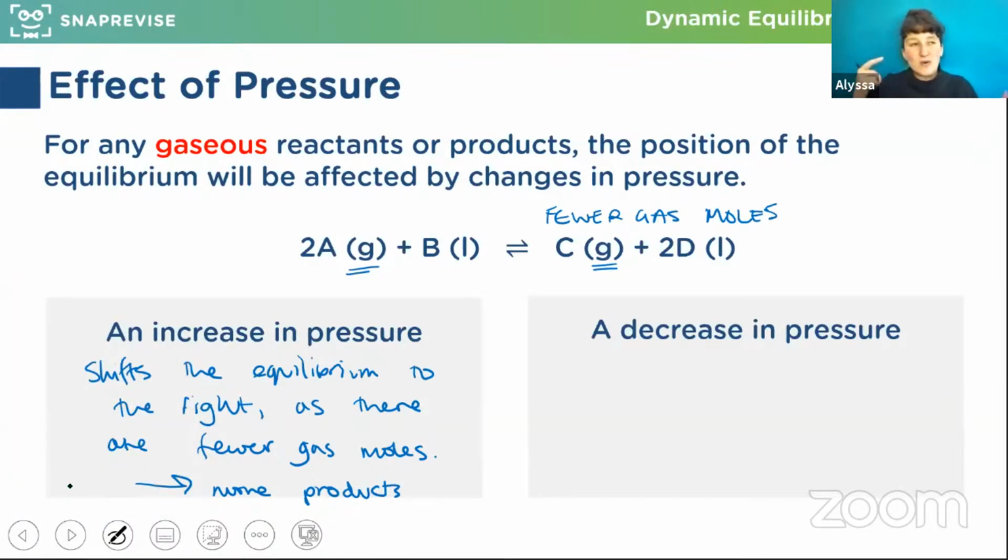So I always find a way that you understand it. In my case, it's increasing the pressure. I understand that one. So when I'm doing the opposite, I just have to think the opposite. So if I'm decreasing the pressure, instead of going for the fewer gas moles, I need to go for the more gas moles or most moles. So in that case, it would be shifts